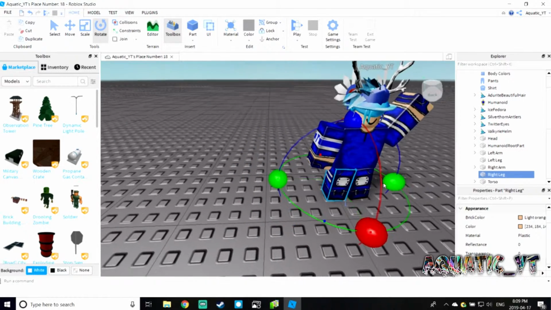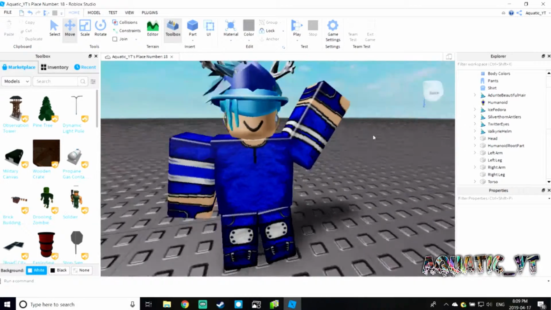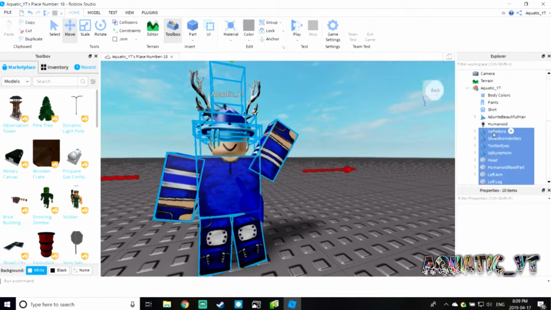move it this way. Perfect. Move it a bit outwards. Sorry about the voice cracks, guys. And there you go. If you want to move the head, then make sure you also move the